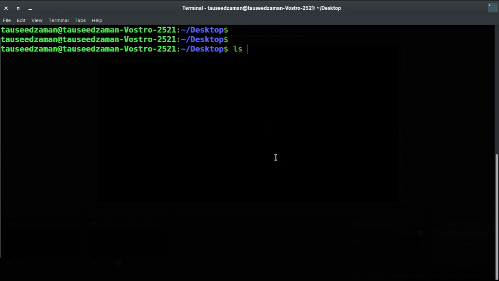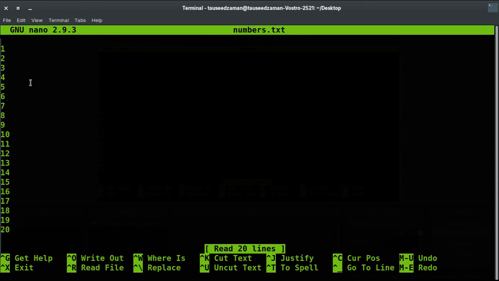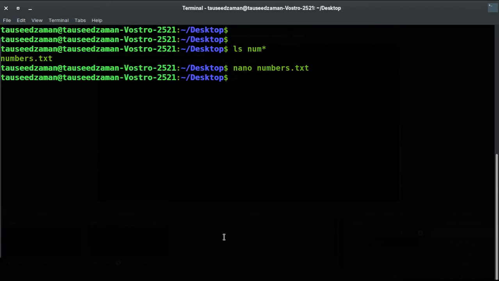If you have a file like this, it is just a text file. I named it numbers, from 1 to 20, and each number is on a separate line, so this means there are a total of 20 lines in this file. So if you want to display the first 10 lines of this file, how can you do this